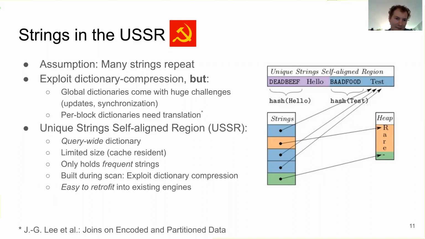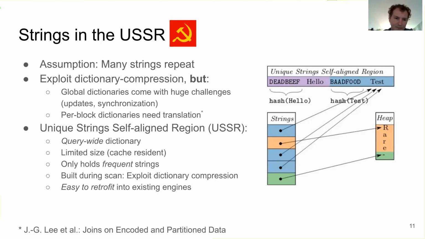This is where the Unix string self-aligned region comes into play. It fits basically between global dictionaries and per block dictionaries. It has the benefits of per block dictionaries, so you don't have the huge update challenges, but you can exploit dictionary compression there